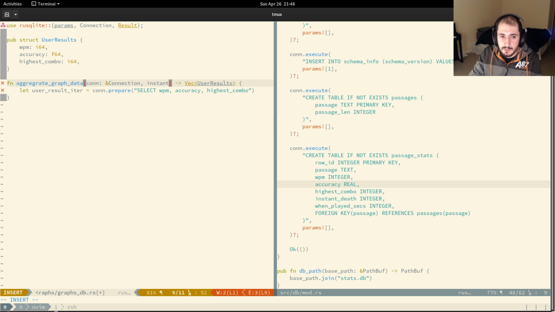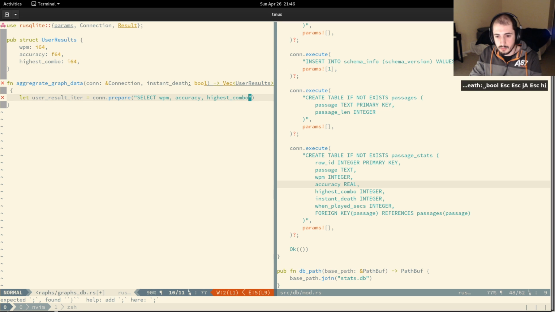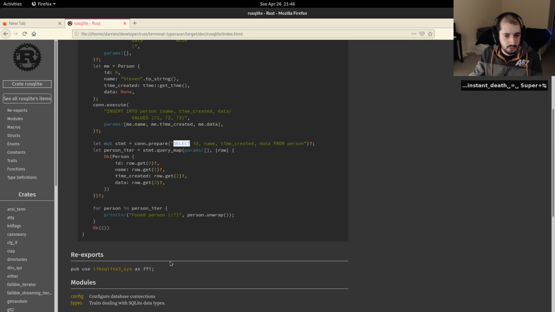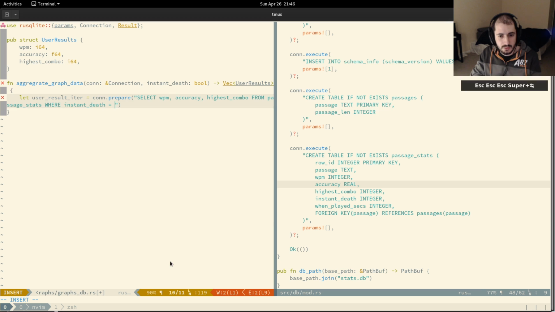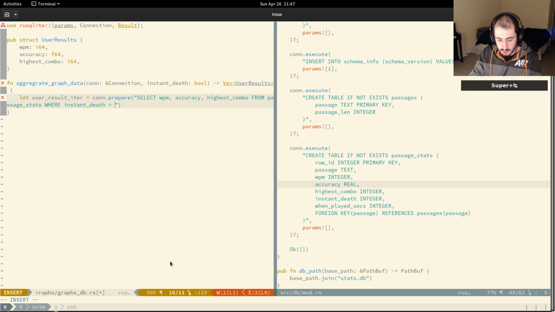Let's just do instant death pool from passage stats where instant death equals, and I'm going to assume that it uses the same syntax with a params thing as the execute equals, so $, that's not $, params,